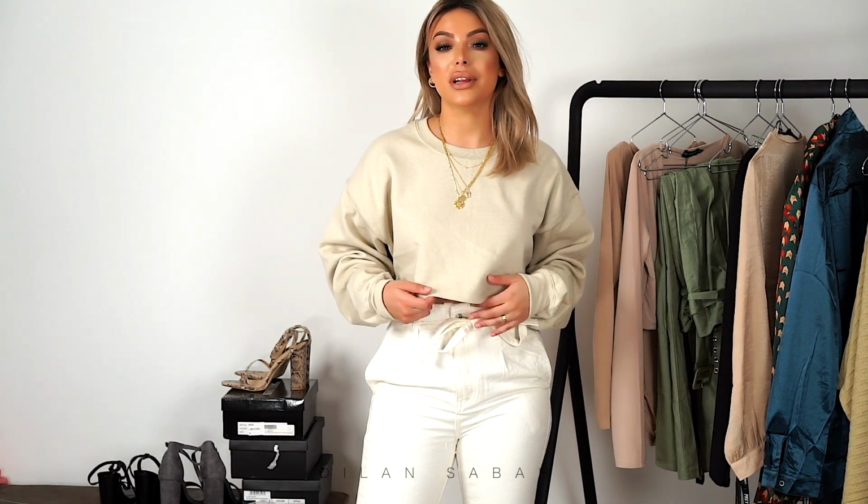So next we have this outfit. This is very me. This is what I would definitely wear if I don't know what to wear. So not everyone is going to feel comfortable in a cropped sweater, but I feel like this is just exactly the right length. And especially with this trouser, it just, I don't know, it feels really...